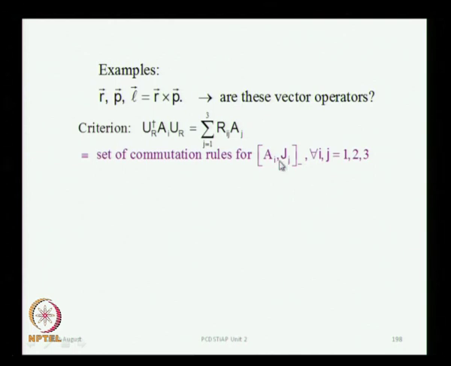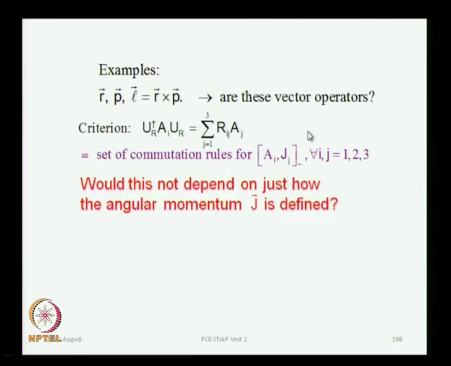By subjecting these to the criteria that we have chosen to define vector operators, we can ensure that these are vector operators, but mind you, this certainly depends on how angular momentum J itself is defined, because it appears explicitly in this commutation relation. So, if you have not defined angular momentum appropriately, this will not work,